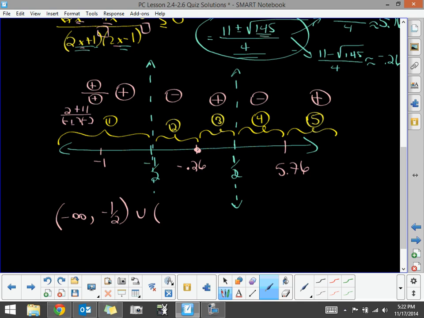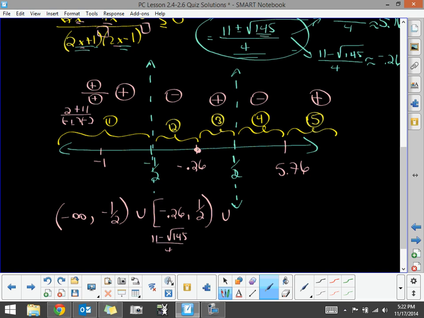union. And the next thing I better get straight is it's actually equal to 0 there, so at a negative 0.26. Now this is where it'd be nice to have those exact values, and this would be 11 minus the square root of 145 divided by 4, comma, and we go all the way to a half, but again, a half is a vertical asymptote. We can't use it, so we use a